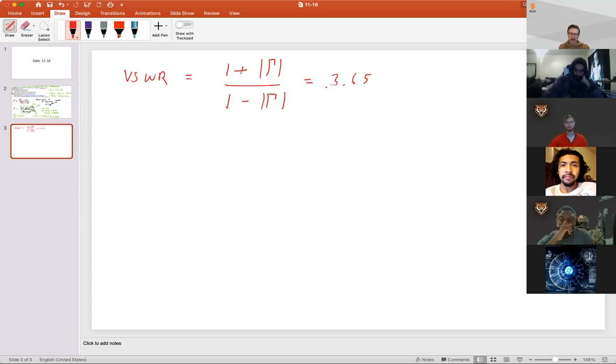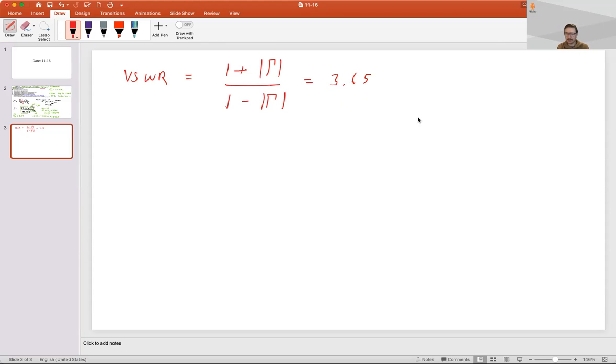And this is for when you are connecting a transmission line with a characteristic impedance to a load like this. This is a fairly high voltage standing wave ratio. This means that when you have a wave traveling forward down here and it hits this load, it makes a pretty big reflection coming back. And that's usually not a very good thing,